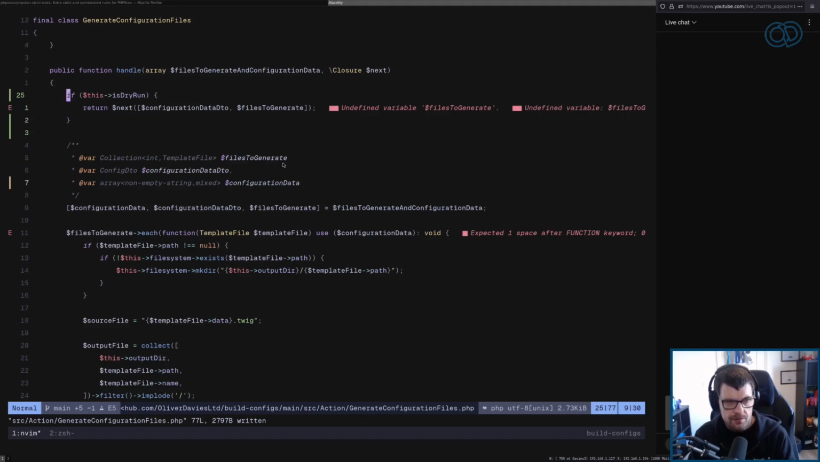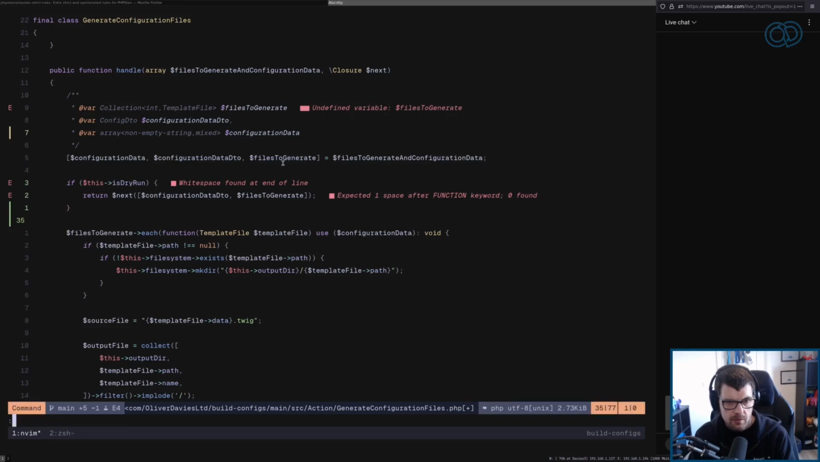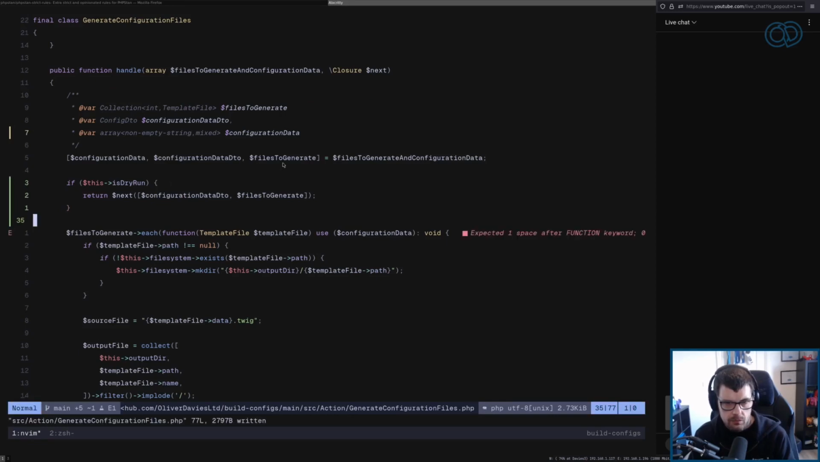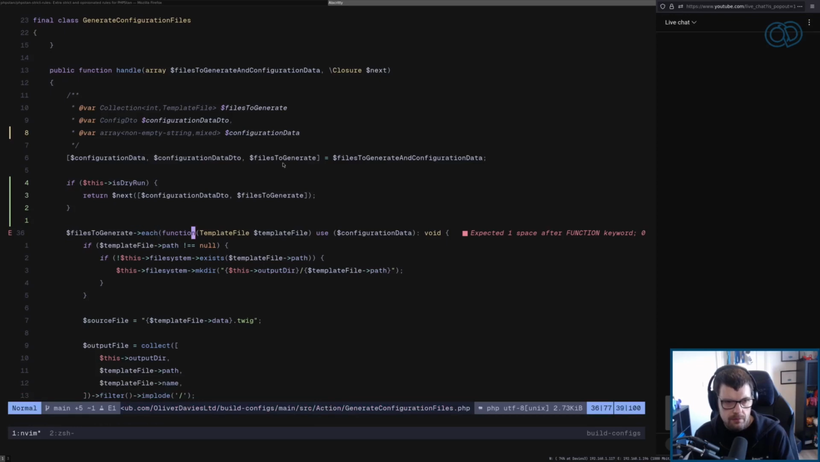But here we don't know the fast generate yet here, so I can maybe go there. There's one space after the function keyword. What? Oh, here, okay. That's not related to this change, but